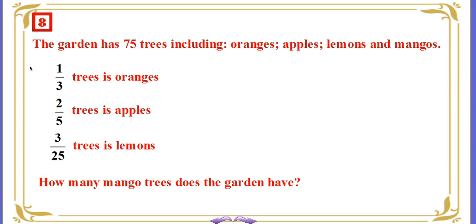So you have to find how many orange trees. The calculation is 1 over 3 multiplied with 75, and you have the orange trees. The same way you can find the apple and the lemon trees, and after that you can find the mango trees by subtracting the orange, apple and lemon trees from 75, and then you have the result. So the answer is,